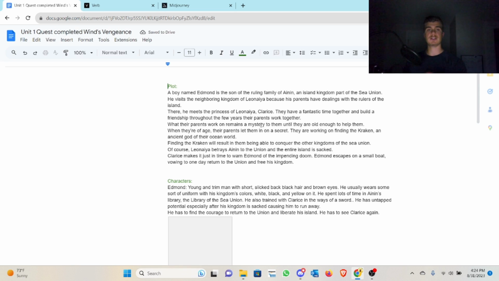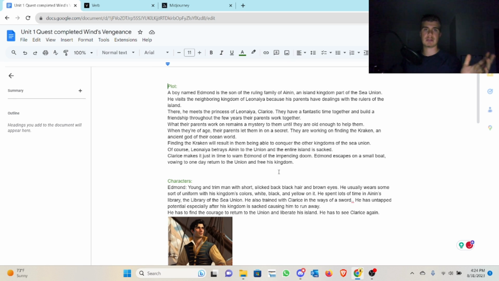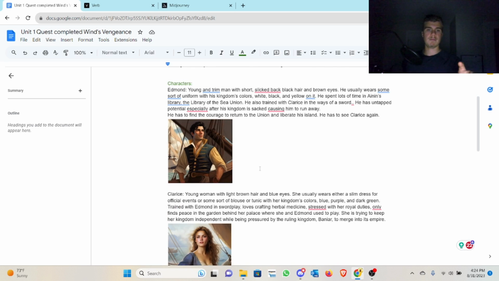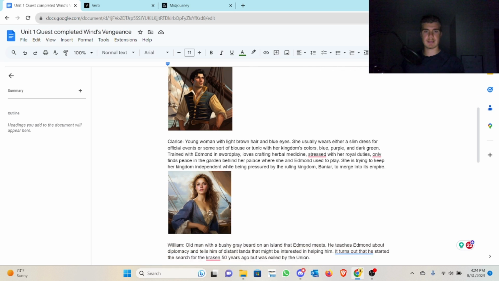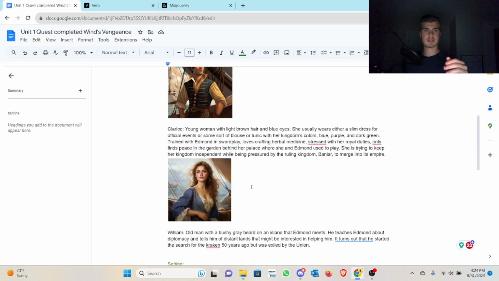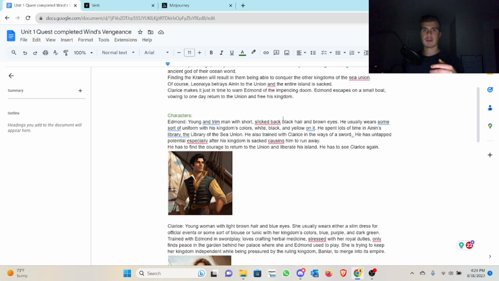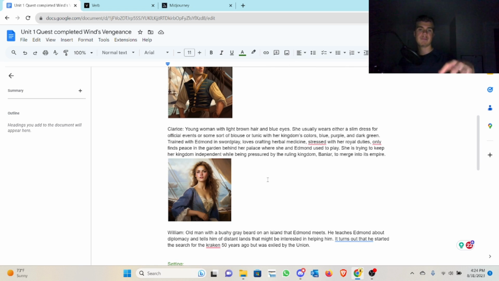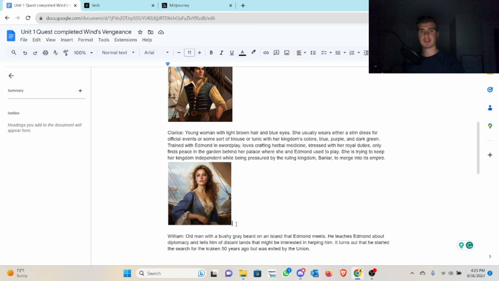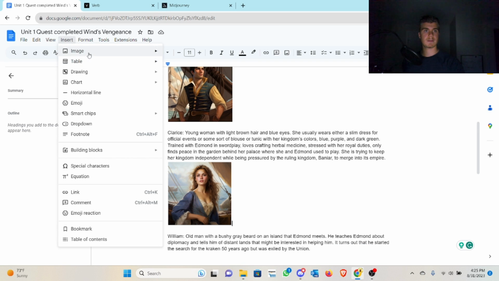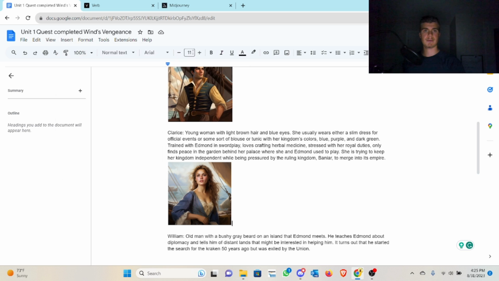Now, in my academy, I do teach my students to have a bit of structure and flow before they get their story started. If your story is already started and you're just catching on to this in your final chapter, that's fine. But right here, you can see that this is the image that I created a long time ago for Clarice. What we do here is that if you are structuring this on a Google Doc, or if you want to add it into your manuscript on Google Docs, all you have to do, you just have to click on the spot that you want it, go to Insert, Image, Upload from Computer,